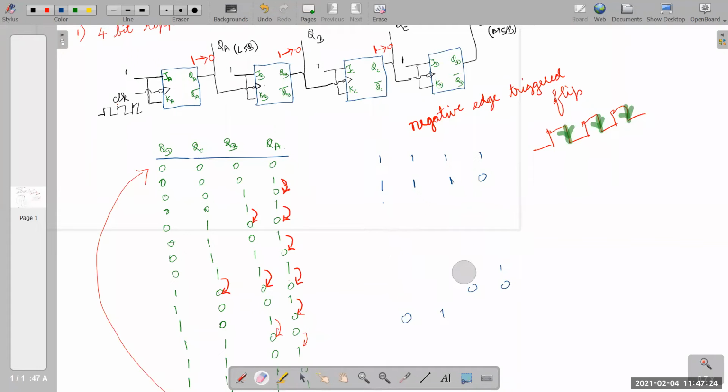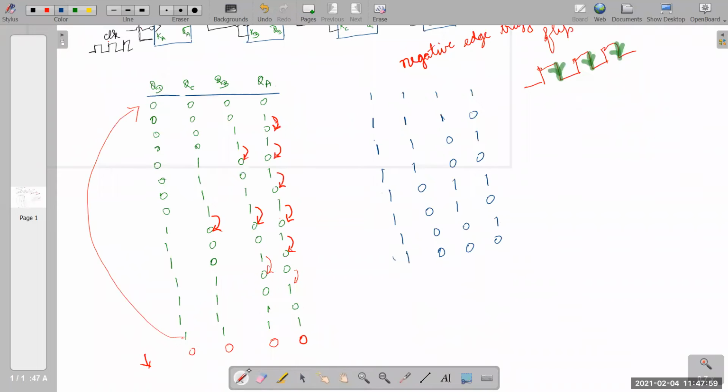A down counter will count in the downward direction. So it should be 13, 12, 11, 10. After 10, it should be 9. See, I'm struggling. Then after 9, it should be 8.